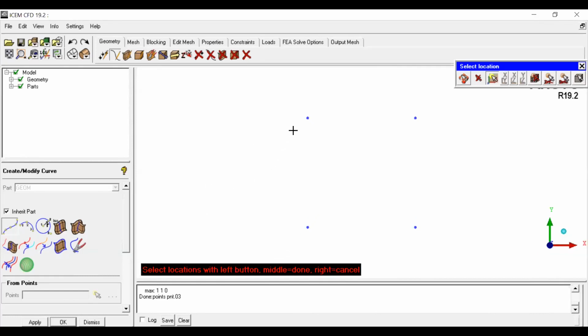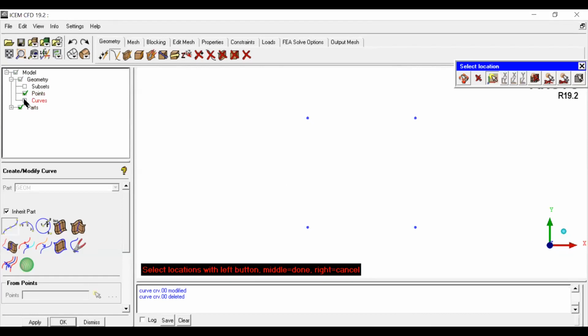So for example, this is the first point and this is the second point, and the joining is correct. So you successfully generated a line. Now you need to click the middle button. That means the first line is generated, so you can verify it in the geometry tree. Go there. Curve, line was enabled. Earlier it was not there actually. You can see that by undoing this.